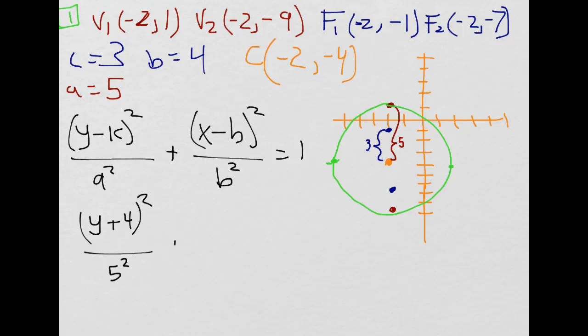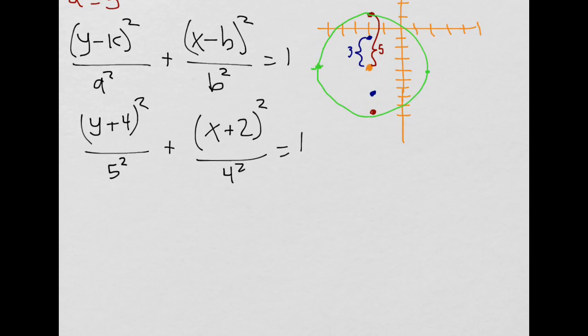I'm actually good with that. It looks better, I think, because you know what a is right away. Plus, parentheses, (x plus 2) squared, because again we want to move that to the left 2, over b squared. b is 4, so over 4 squared equals 1. And now if we want to write this in parametric mode, remember the Pythagorean identity, we can use that to get our parameterization quite quickly. It's going to be x equals b times the cosine of t, or theta, whatever you want to write,